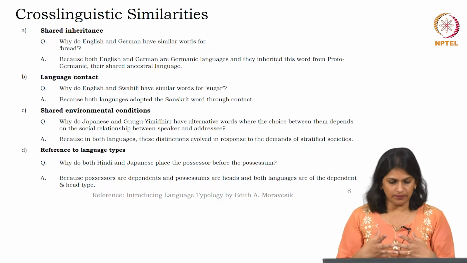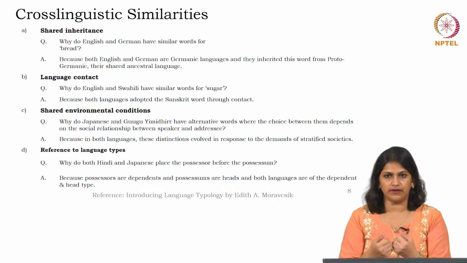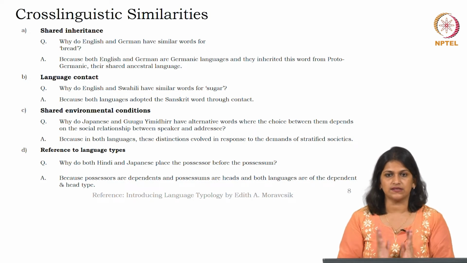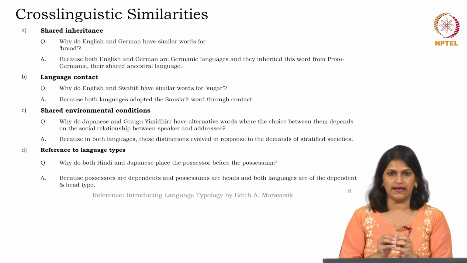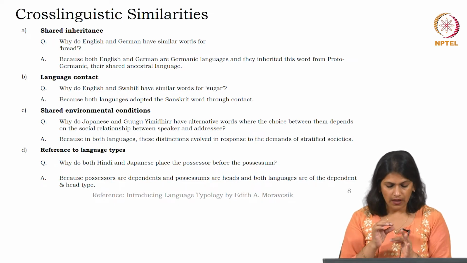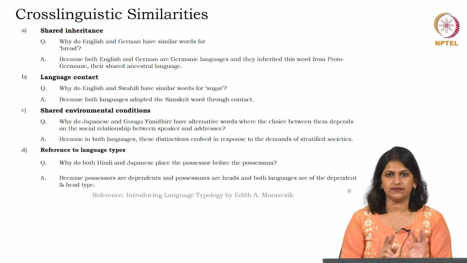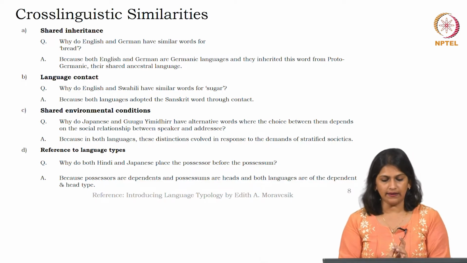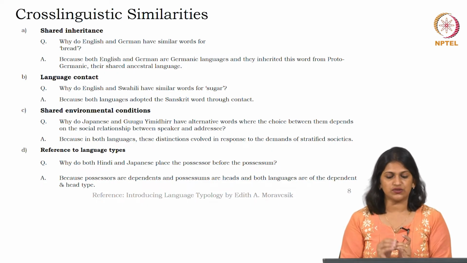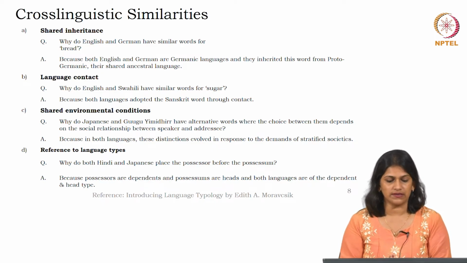So, these are the four. If I put it together, or if I try to rephrase, or help you recall what we have discussed as far as cross-linguistic similarities are concerned, we listed that there are four major reasons. The first reason, because of the shared inheritance, we get the cross-linguistic similarities. Examples: English and German for the word bread. Second, language contact. English and Swahili have a similar word for sugar, and that's the example which we need to